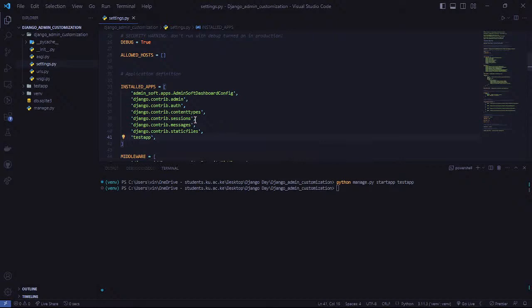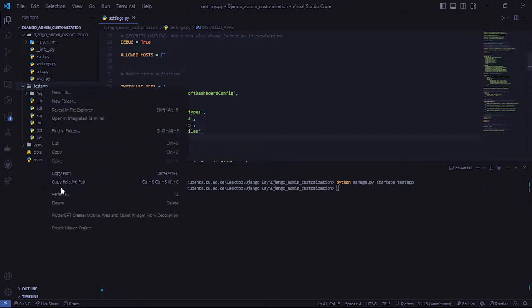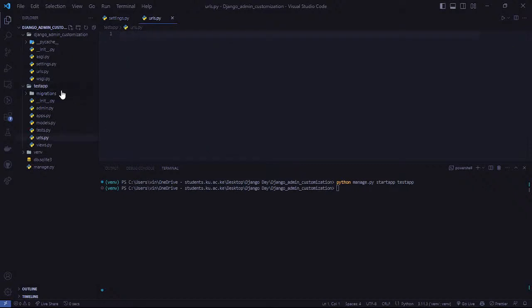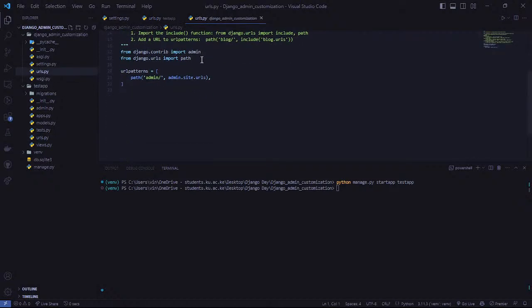Then once that is done, you also have to create a urls.py for the app. So new file, urls.py. Then once you've created the urls.py for the app, you have to link it to the urls.py of the project. So to do that, we'll import include. Okay, once that is done, you can add its path. Let me just copy this one,